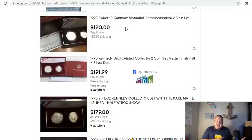Sometimes these mintages are so much lower than some of the old classic coins of yesteryear, like old Civil War coins or coins of the early 1800s. These have a lot lower mintages than some of those coins. So as sick as it sounds, you've got to put it into perspective and just know that there is going to be a time where the targets are going to be placed on these low mintage coins. So I just wanted to throw this out there for you, a little food for thought in terms of some